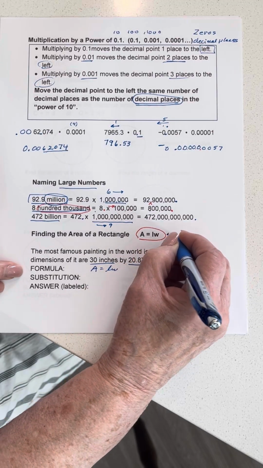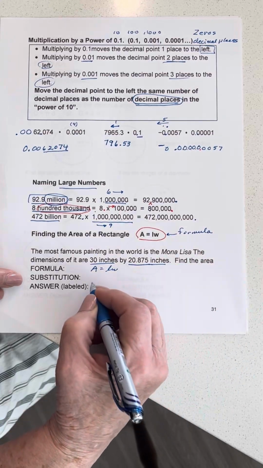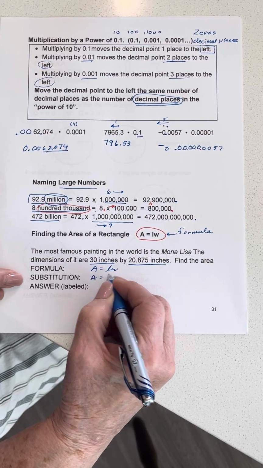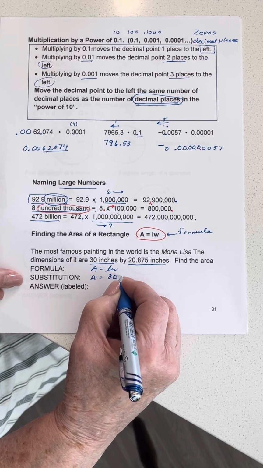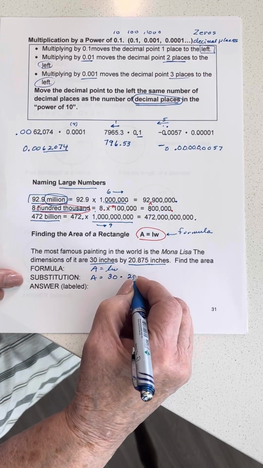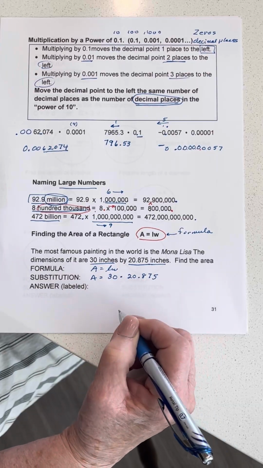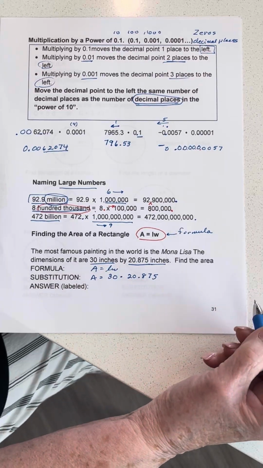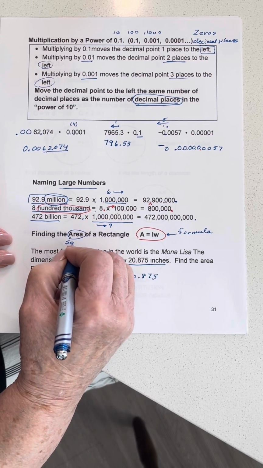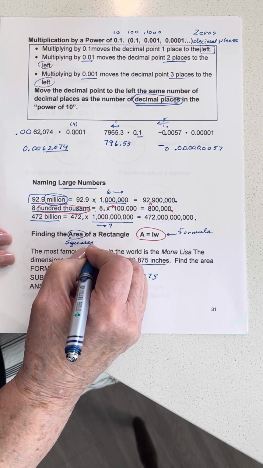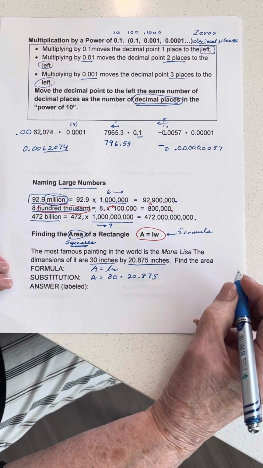This is our formula. Now we're going to substitute, and like I say, it doesn't matter which you have where. One of them's 30, one of them's 20.875. And now our answer, we're finding area, so area is always the number of square units. So we're measuring it in squares. So we would multiply